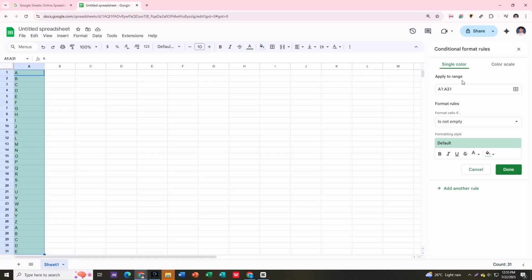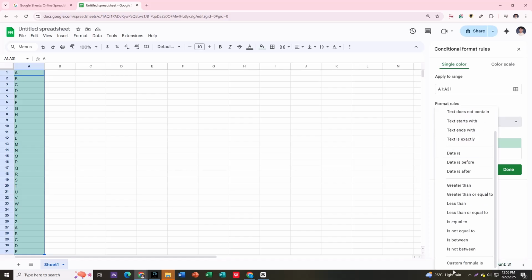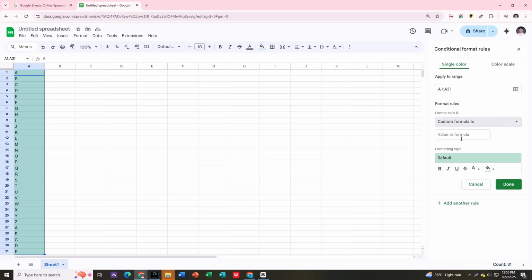In the Format cells if row, simply scroll down to the last option and click Custom formula is. In the text box, you input the following formula. We'll be using COUNTIF, parenthesis,